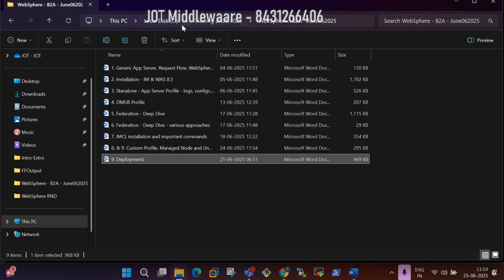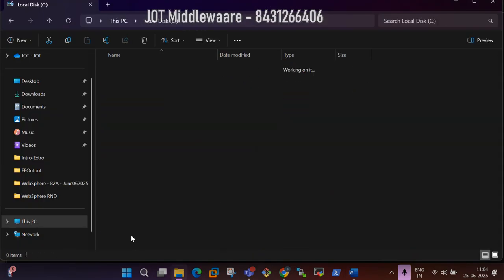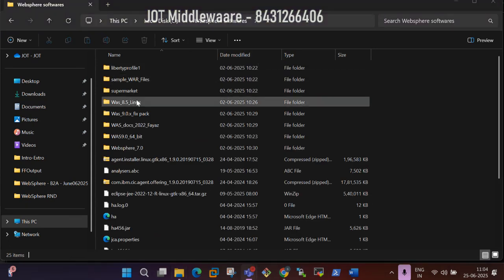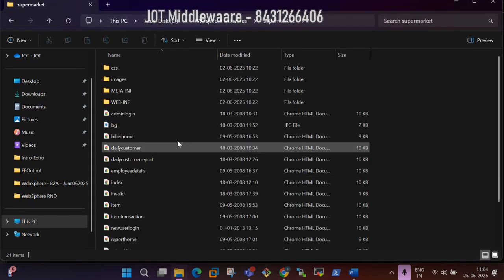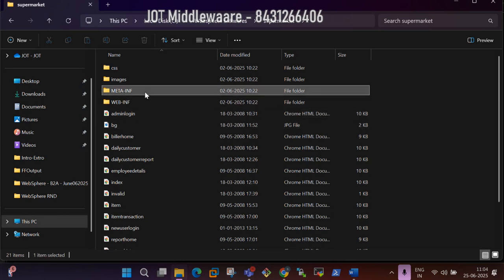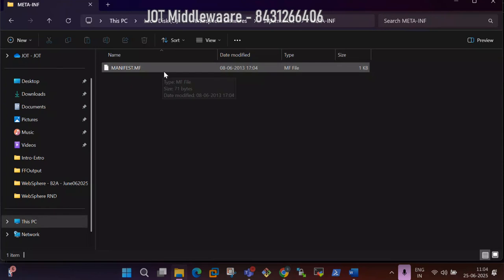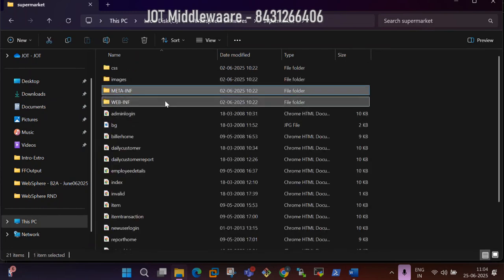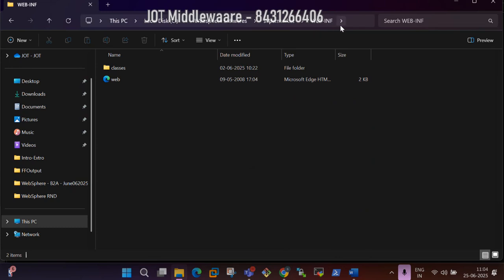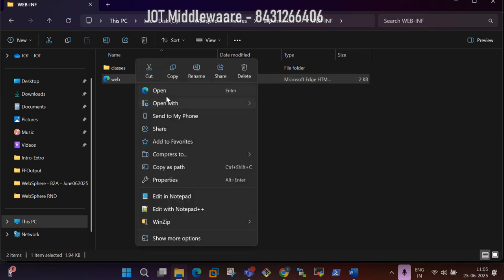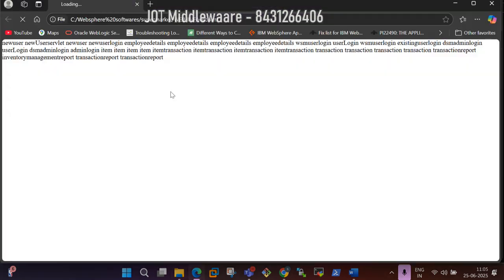So let us see one example. I have a supermarket application, and under META-INF there is a manifest. It does not contain anything, no deployment descriptor. Why? Because this is a web application. If you are dealing with a web application, you should check for a deployment descriptor under WEB-INF. If I open WEB-INF,